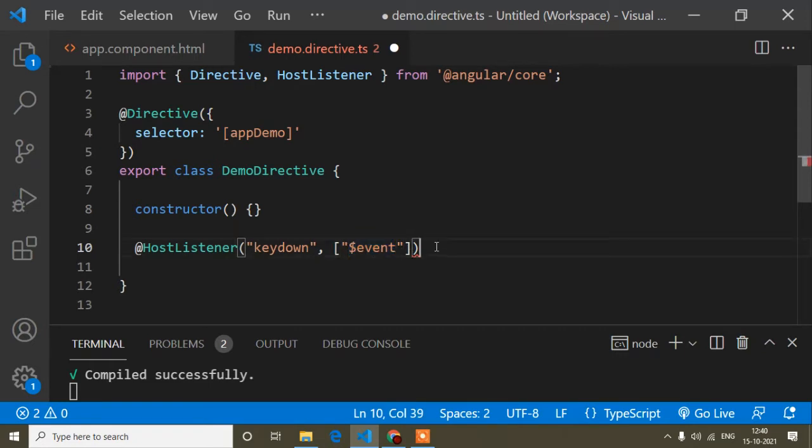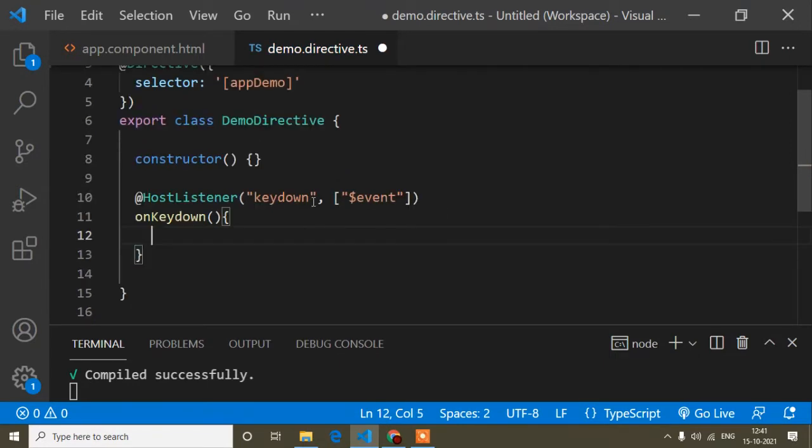After writing this, I have to pass a method. You can write any method name. Here I will write the method name as onKeyDown, but guys, again I am saying you can pass any kind of method. Now, in this HostListener, this one is the event, keydown, which I already explained, and here is the event, which is a parameter. So this event I passed here. For grabbing the event, I have to pass a parameter also. Here I can pass anything, but you have to write $event only.